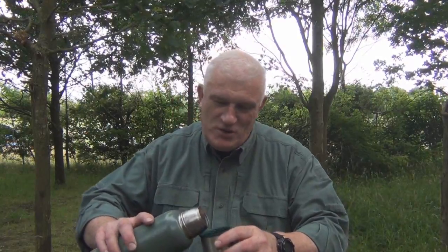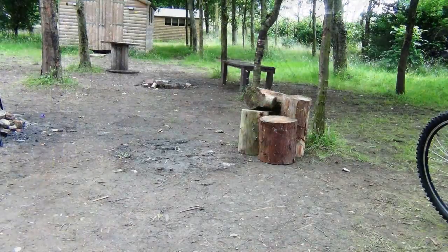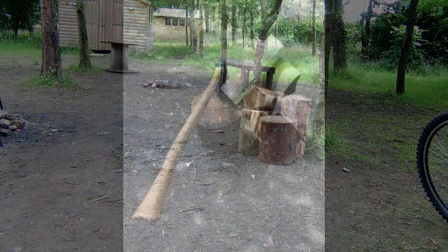Apologies for that, but I'm glamping, and I'm going to share the Prepper Meet 2016 with you. As always, the first thing I have to do when I land is have a nice cup of tea. I brought some rounds from home. I had a tree taken down in the garden, so I've got loads of rounds, and I bought the Chopper